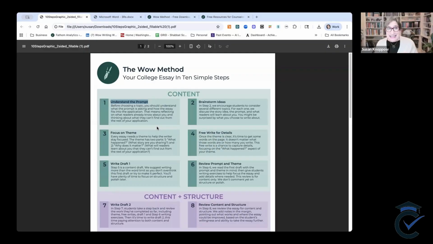My writing exercise in this case has 3 questions. Remember, they've watched a video and they've read a web page about this idea of understanding the prompt. I've taken the Common App personal statement. I explain what it's all about. And I ask them 3 questions. 1, what is the purpose of the Common App personal statement?